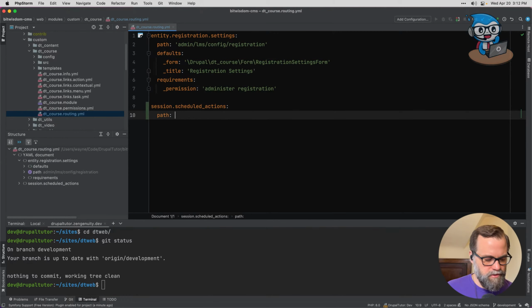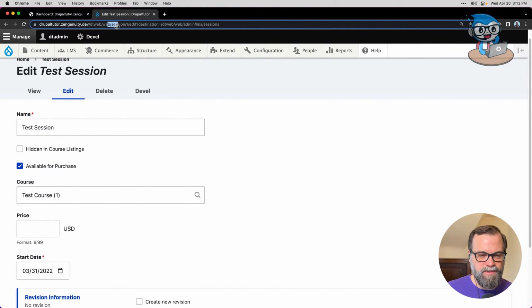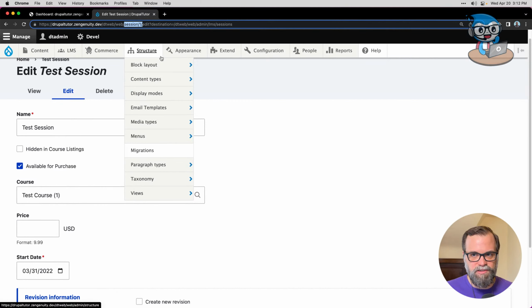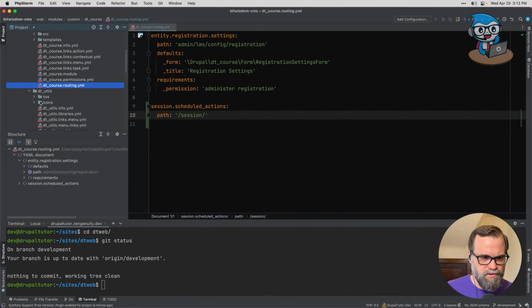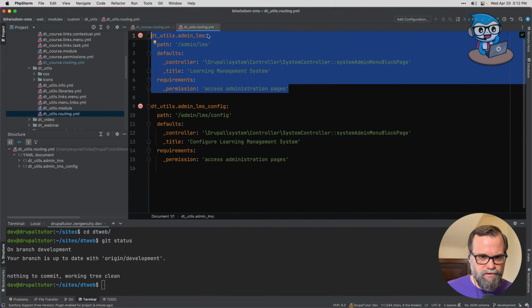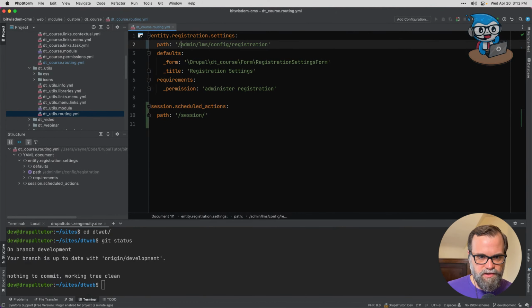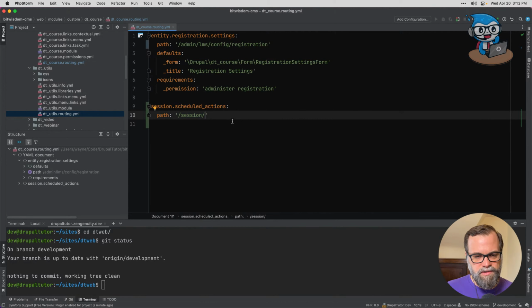And so we need a path. The path doesn't have to be, but ideally would be something under the session's URL pattern. So that's /session/ID. So maybe it can be /session/ actually, why does this one not have a slash? I think it's supposed to have a slash, isn't it? Yeah, these other ones do. I think that's a mistake. That one probably should have a slash. Okay, so it's /session/